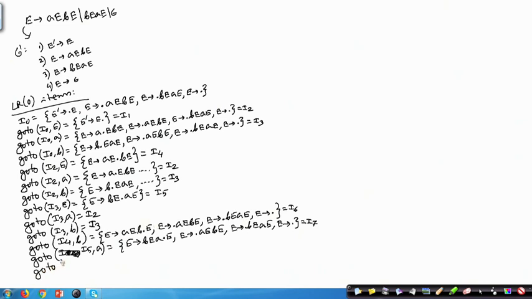Now, I6, go to I6 E is E producing A E B E dot. So that will be a new set. I6 E will give us A E B E dot.